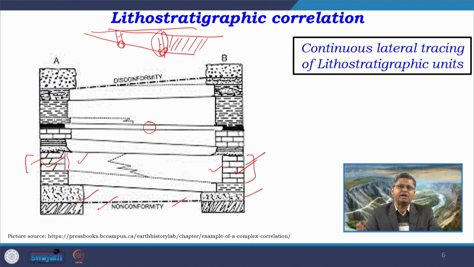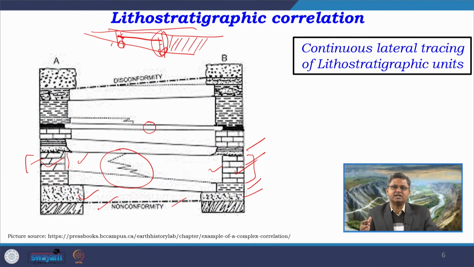But when I go into detail in terms of their lithological similarity or dissimilarity, I get a mismatch, and that is why I am pointing out over here that they are not exactly contemporary. There is a change in the phases. Though a limestone depositing condition is prevailing, from this point to this point there is a change in the depositional condition and we are getting two different phases, though overall it is a limestone depositing condition. And that is further supported by the underlying and the overlying beds, which are exactly the same. So that means the conditions in these two areas were almost the same. Only what has changed is the thicknesses across time.